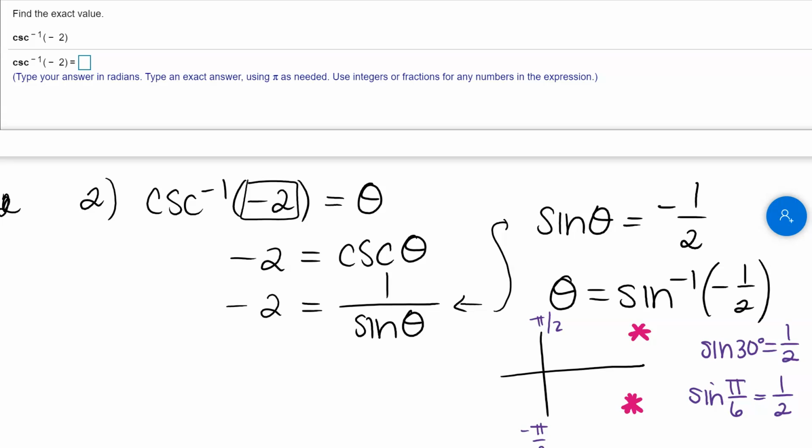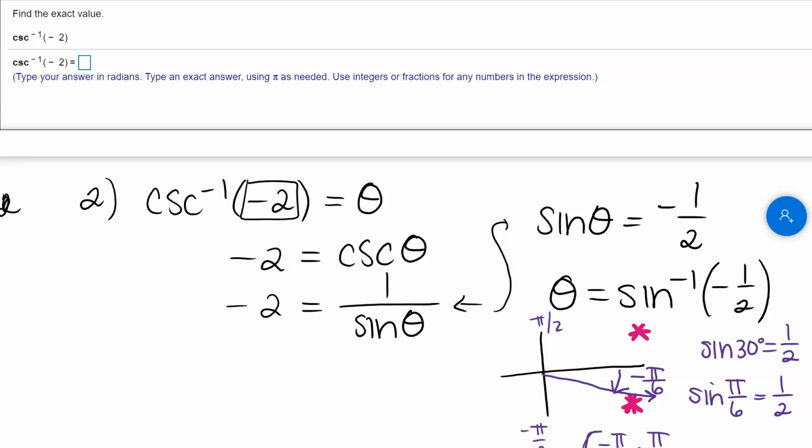Okay, so look at what I have then. Pi over 6 gives me a positive 1/2, but I want a negative 1/2, right? So I actually want that angle to be in the 4th quadrant. And how do we drop that down into the 4th quadrant? We just put a negative on it. The reason that I don't want to put 330 degrees, I know those are coterminal angles, is that 330 degrees does not lie between